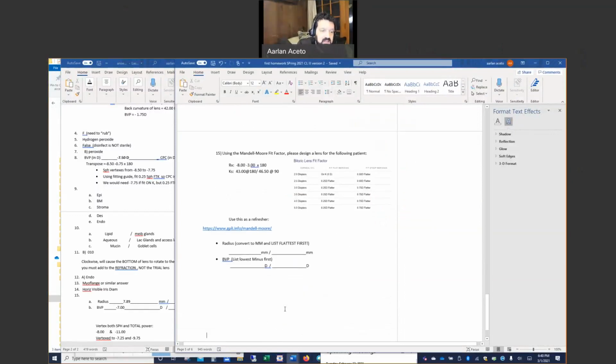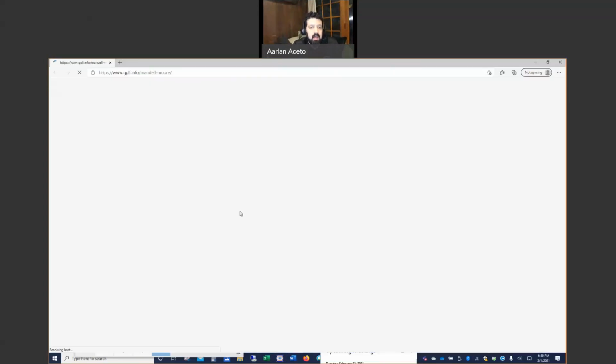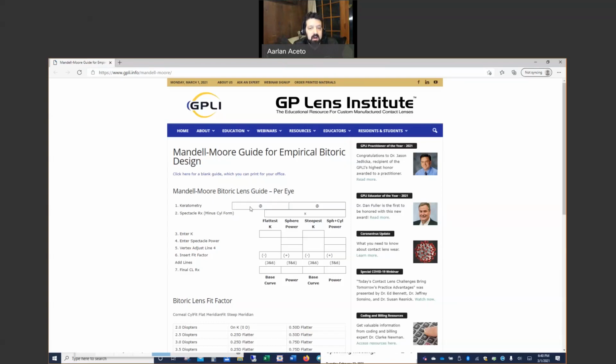And then the last one is pretty straightforward, I thought. Take your -8 in one meridian, -11 in the other. Again, there was this here to walk you through. If you just plugged it all in and did it step by step, put in your keratometry, your spectacle Rx, your flat K, steep K, sphere power,